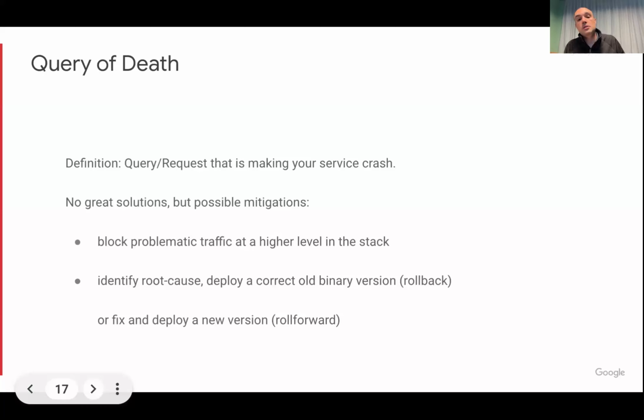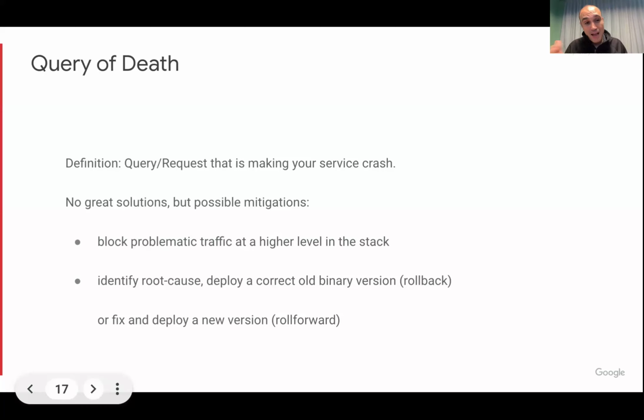Another one is the query of death. Query of death is a nice, catchy name for a bug in the code. Software is something that can fail too, and it fails all the time. You write your server, and then depending on how you prompt it or how you call it, it's going to crash. A typical case is you send a query that has some change and so on, and then there is an out-of-bound access, and it crashes the server. This is what is called a query of death, because every time you make a query with these characteristics, it's going to kill your server.